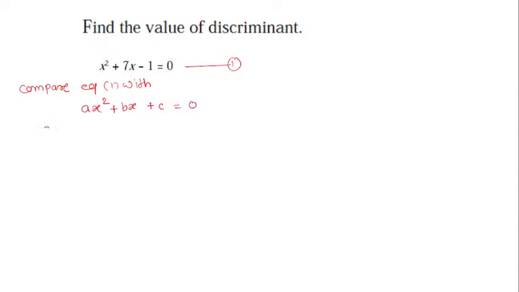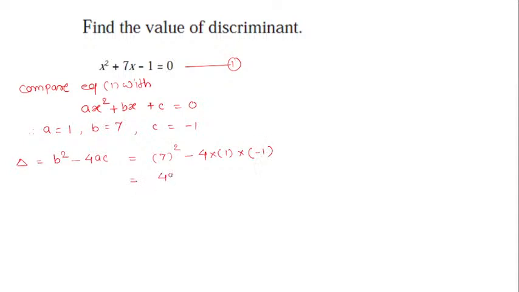So by comparing that, we get value of a as 1, value of b as 7, and value of c is minus 1. And now we can find the value of discriminant, which is also denoted by delta. So delta is equal to b square minus 4ac, that is equal to 7 square minus 4 into 1 into minus 1, that is equal to